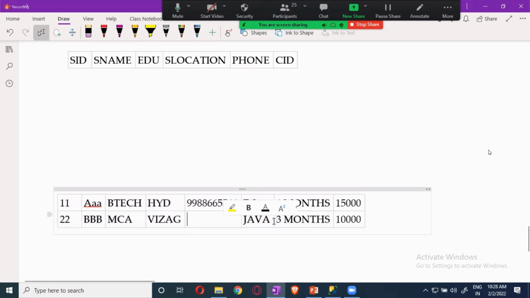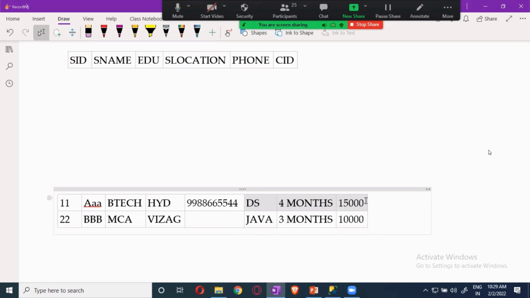This combination will be the same. All the 30 students who are sitting in my class will have all of them like this: data science, 4 months, 15,000. How many times do I have to enter it? 30 times. And for the other 30 people, how many times do I have to enter it? 30 times. So instead of doing this 30 times, what I will do is...